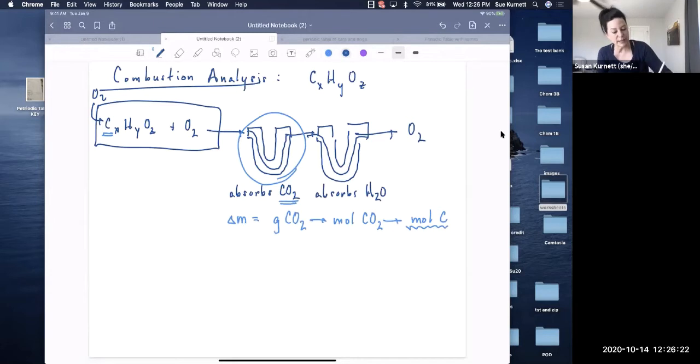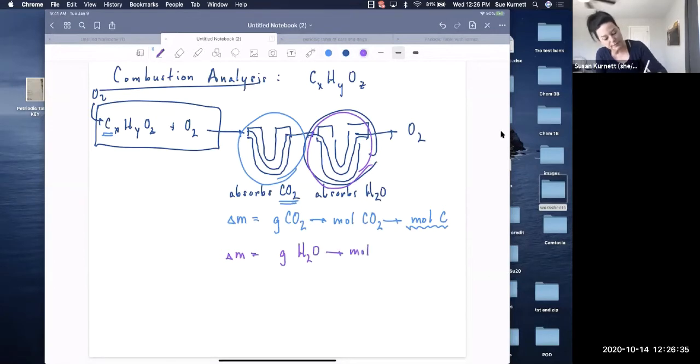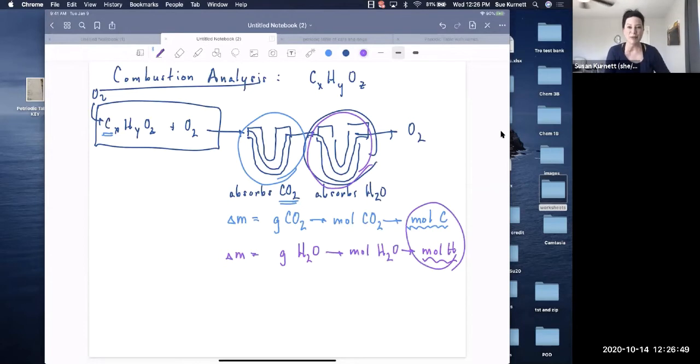In a similar manner, this other tube is weighed before and after. And the difference in mass here is grams of water. Water vapor sticks, and we can go to moles of water. And then for moles of water, we know there's 2 hydrogens in every 1 water. We use that 2-to-1 ratio to get to moles of hydrogen. So now we have 2 of the 3 things we need to do the molar ratio, but the third thing